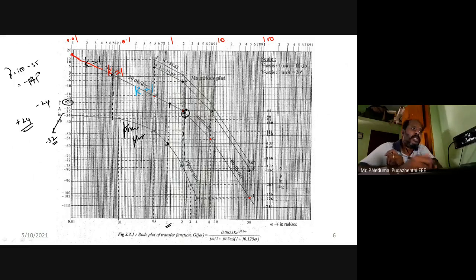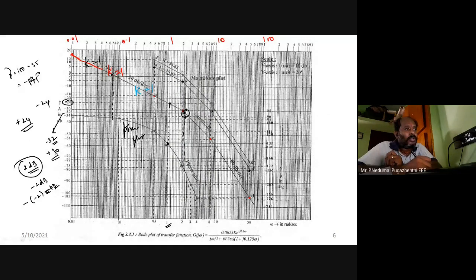But what is provided? I should have a 2 decibel line there. I want 2 decibels there. To get 2 decibels, what do I have to do? My gain margin has to be 2 decibels, minus of minus 30. So I have to add a 30, where I will get 2 decibels; minus of minus will give me plus 2. That is the way I will get my gain margin. So I have to add every point with a 30 decibel point.